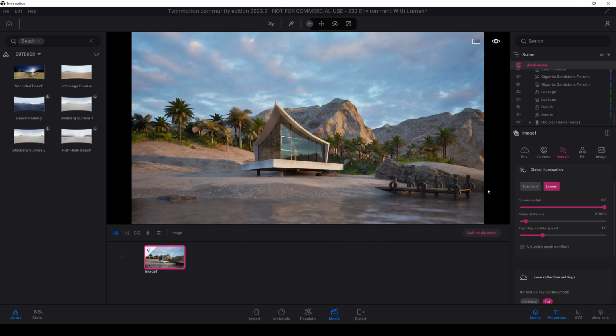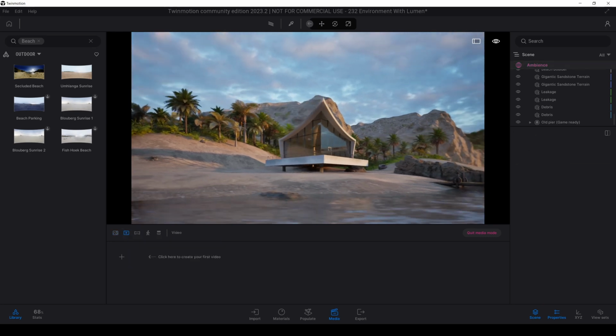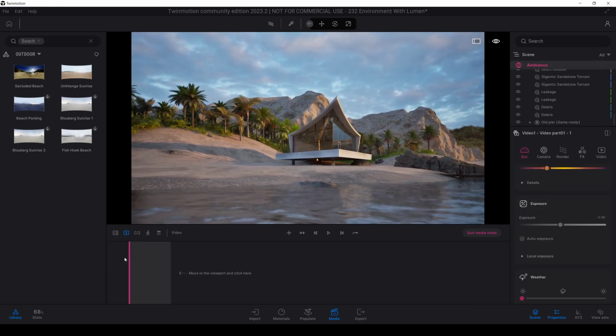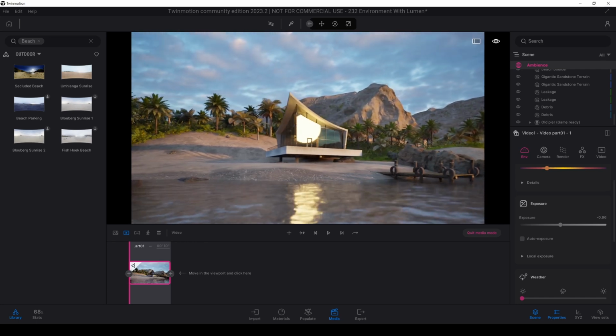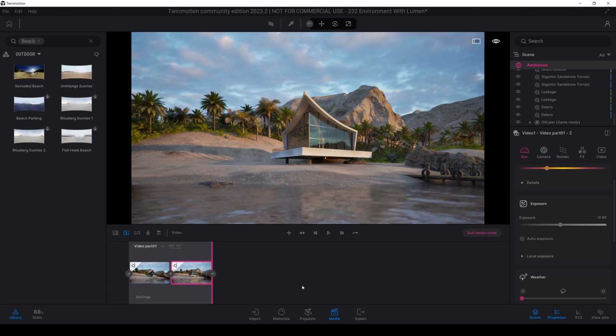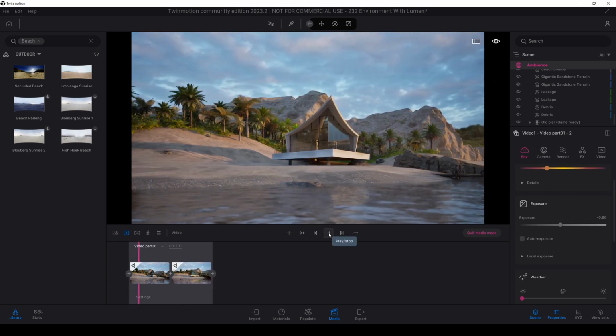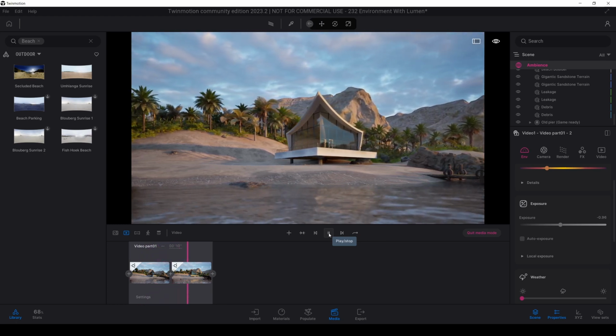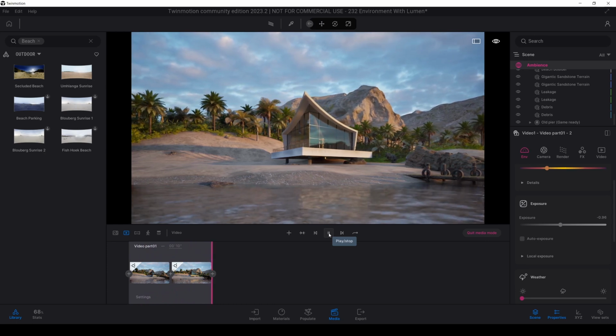Before that, I'll also create a video shot before rendering. I'll go to this video and from here, let's hit the plus and to here. I don't want to see it, it's very big. Click that plus. Let's preview with this icon. Yeah, way better. Yeah, that's all. Let's render it.